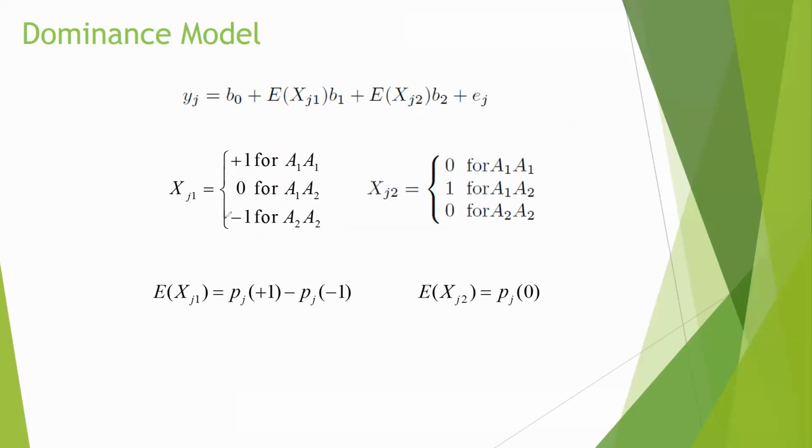Now for the first variable, we have this, and we have the probability associated with that, then we can easily calculate the expected value for this x1, right? The same thing, we can calculate the expected value for x2. Then we just follow the exact model or method we used for testing